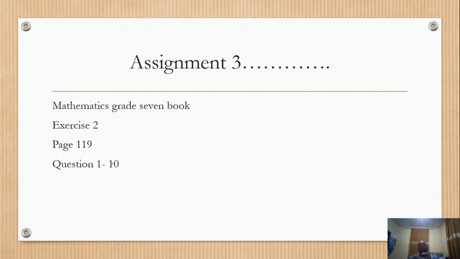For exercise, you go to your mathematics grade 7 book, exercise 2, page 119, question 1 to 10. Do that exercise in your homework book, and inshallah when we come back to school and everything comes